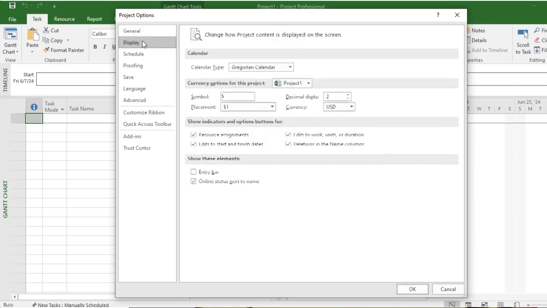Now, display. There are different types of calendars: the Georgian calendar, the Hijri calendar, the Thai Buddhist calendar. These are the calendars available with Microsoft Project. There can also be different calendar files that can be downloaded from the internet and associated with Microsoft Project as well. But we can create our own calendars, like if we are working in a remote corner of the world where a different calendar is followed. As I am from Kolkata, here we usually follow the Georgian calendar, but in some cases